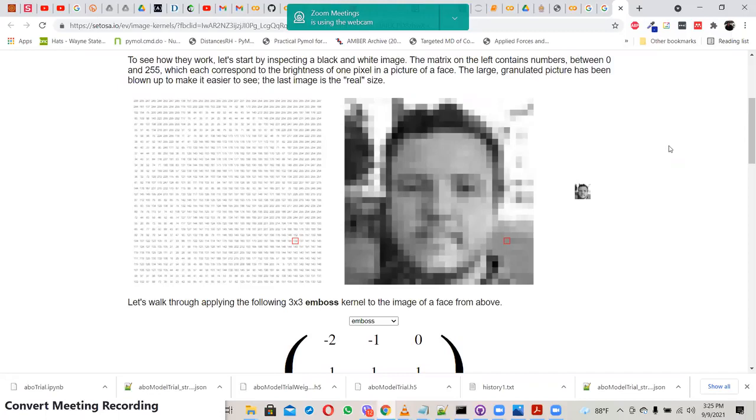So in Facebook, for example, once you upload an image and you tag a person, it identifies the facial features. It identifies your face. It creates a matrix for your face. Then next time when you upload an image,